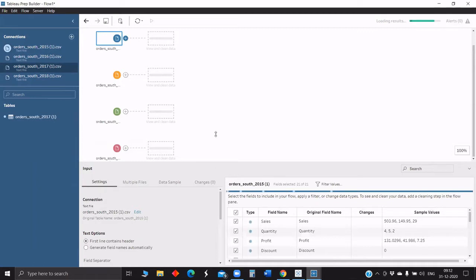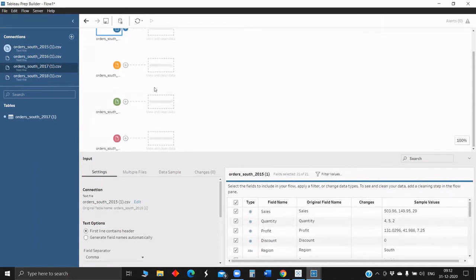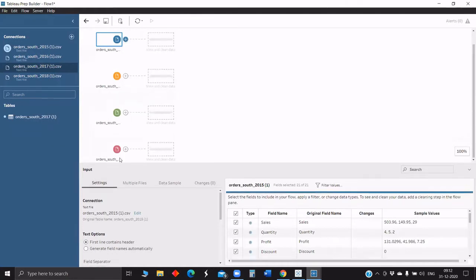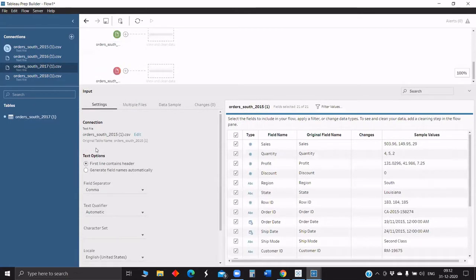Once you open the data set, at the top you'll be able to see the flow. Here only the flow, and if you add a cleaning step, everything will happen here. But if you would like to look at the detail, you can minimize the window up and you can see what all options we have here.